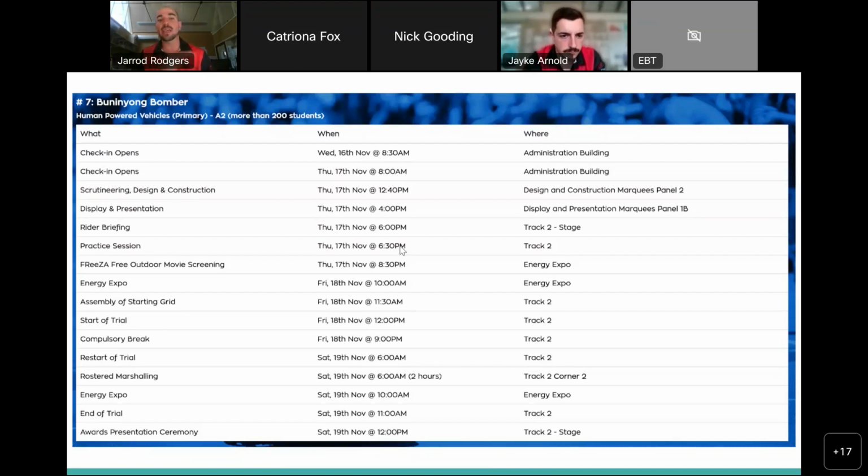At 6:30, that's when the practice session will start and the kids jump on the bikes for the first time and have a bit of a go on the track. That will run all the way up until about 8:30 at night. And then from there, it will be back to the camping grounds, have some dinner, and then there's a movie